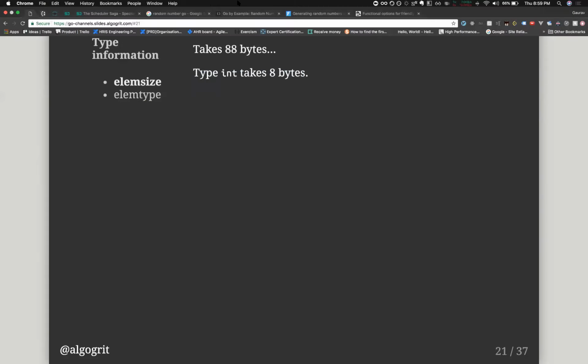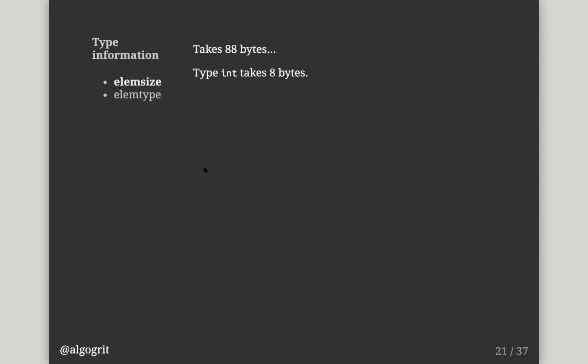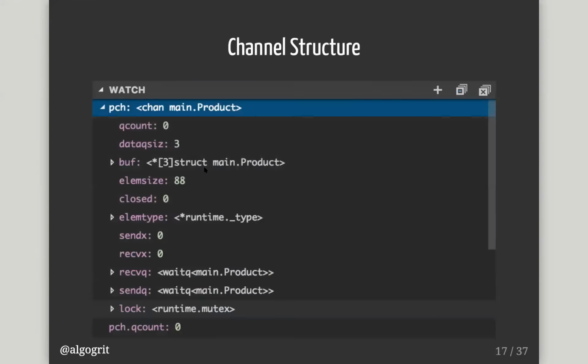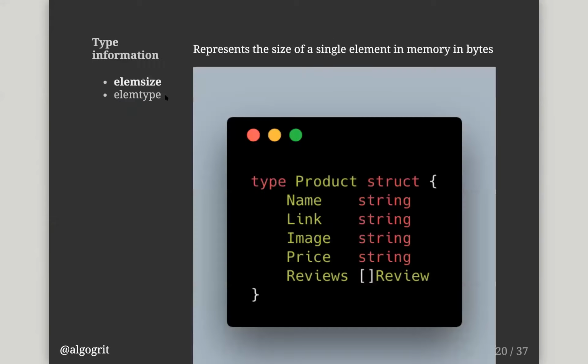Gaurav, just a second. I would also like to know if you restructure your struct, because I might forget. Just go back to the previous slide. This one? No, the product structure. Yeah. So if you replace the review from bottom to top, what will be the structure size?